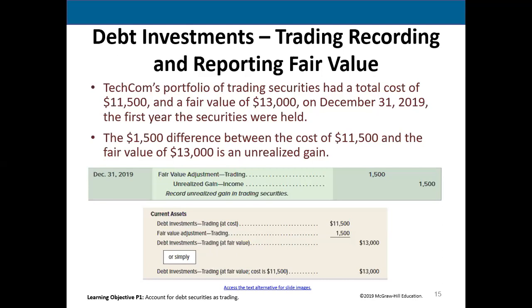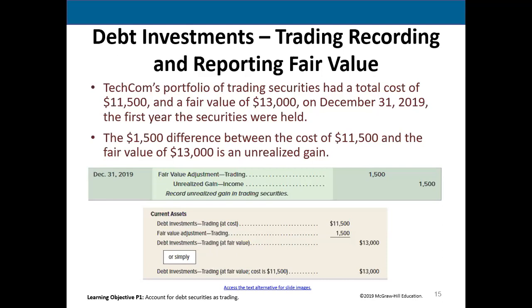But the accounting rules say, and this came out in the 1990s, so it was around 1996, I believe, that if you have a debt investment in this trading category because you're going to sell it very quickly, and you still have it on your books when you're doing your balance sheet at the end of the year, you don't report it at what you paid for it. You report it at its fair value on the day of the balance sheet. In this case,